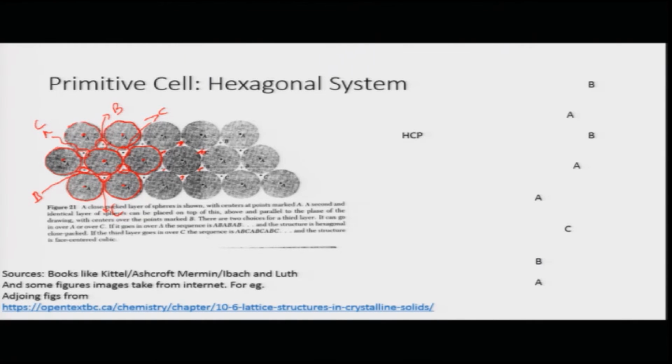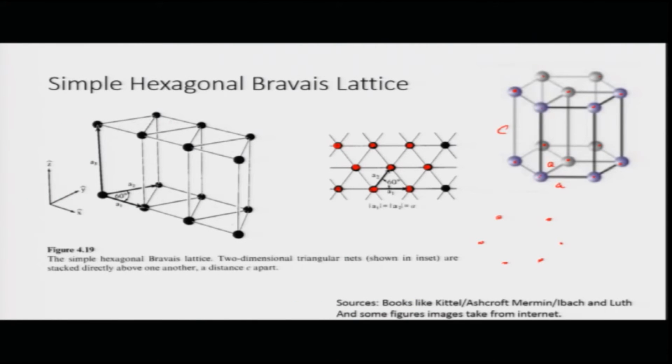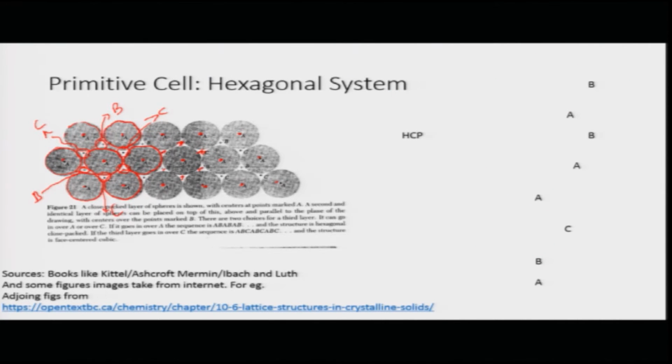If I take another arrangement of these balls and place it directly over all these points A, such that they completely match each other, the lower and the upper layers sitting one on top of each other, then I will generate the 3-dimensional hexagonal Bravais lattice, which I have shown you here. This is the 3-dimensional hexagonal Bravais lattice, where over the point A I am stacking the layers one on top of each other. So, this is known as AAA stacking, where all the layers are being put over the points A. Now, I have identified these gaps in between, B and C type of gaps.